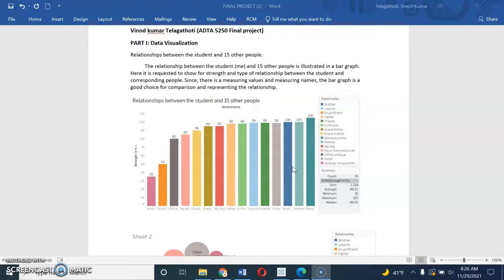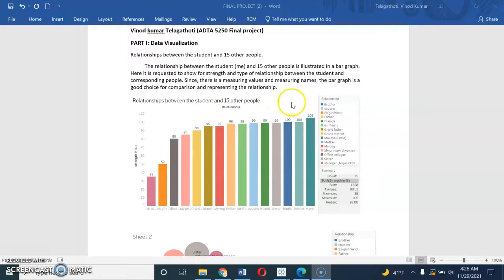So this is the graph that I have drawn. The relationship between the student, that is me, and 15 other people is illustrated in this bar graph, which is requested to show the strength and type of relationship between the student and the corresponding people. For confidentiality, I have used the relationship rather than a particular name, as per the professor.